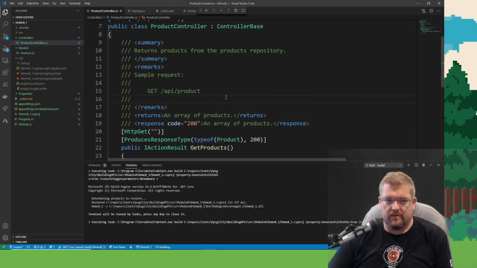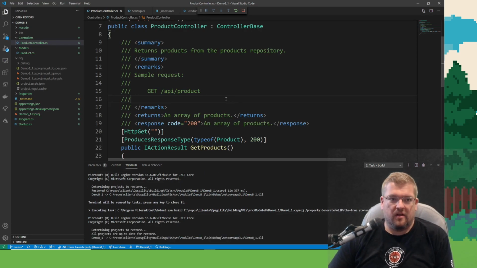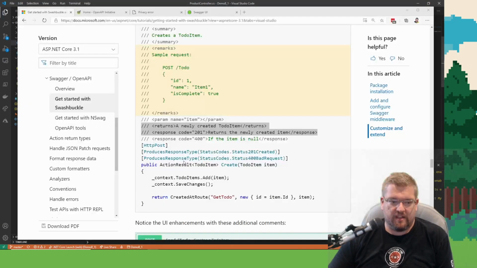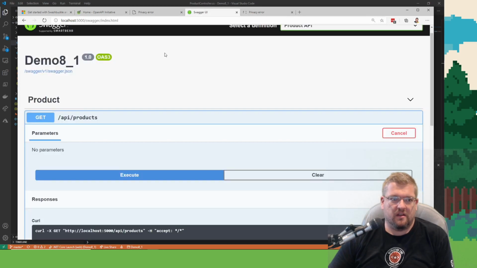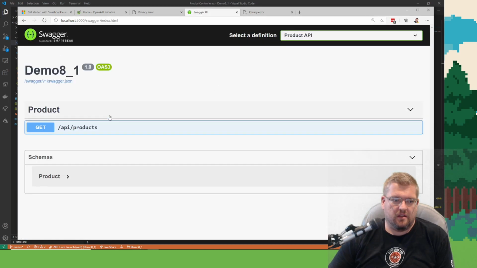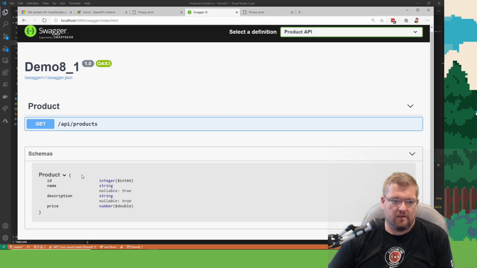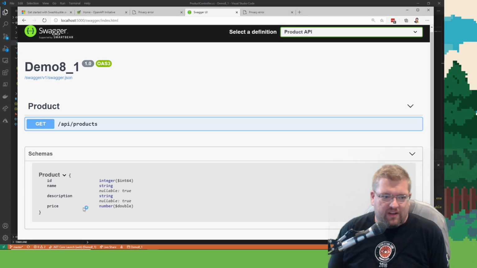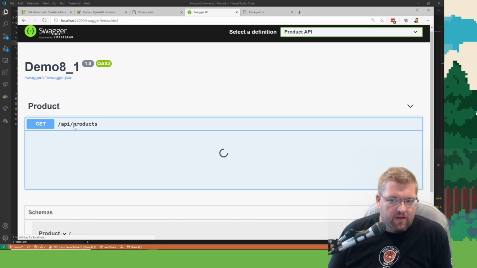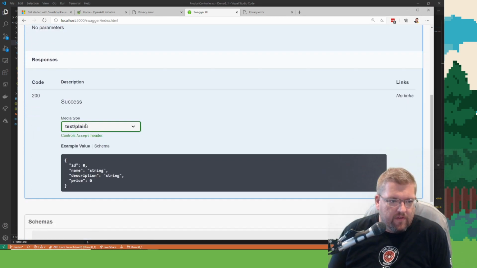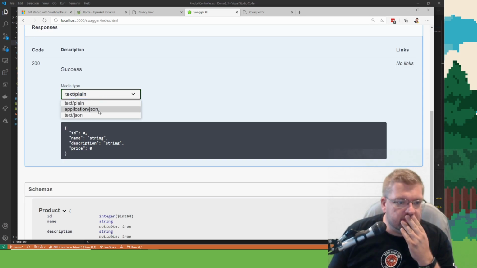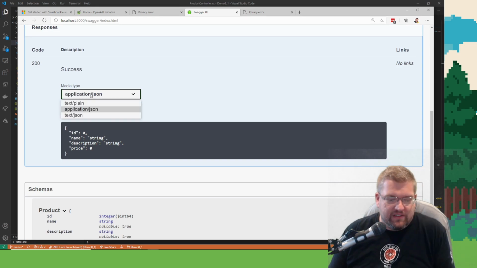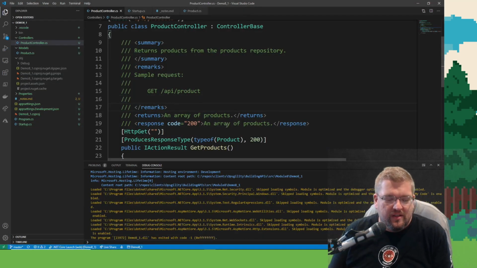All right, well, let's see what this does, if anything. Oh, I didn't turn on the XML comments, did I? It's all right. Schemas. Oh my goodness, that's so cool. So I tell it that it returns a product. Controls the accept header. Oh my gosh. This is so cool. So this can also